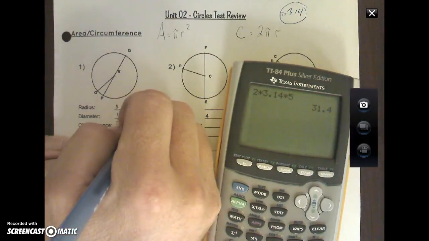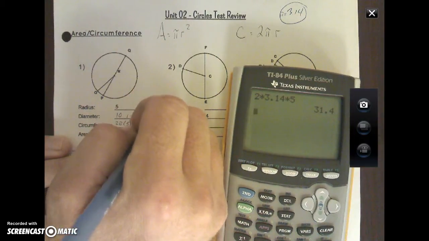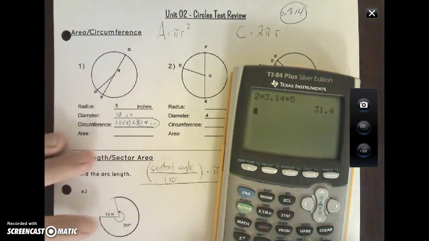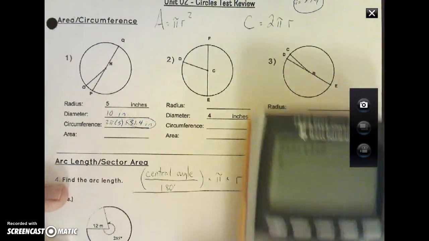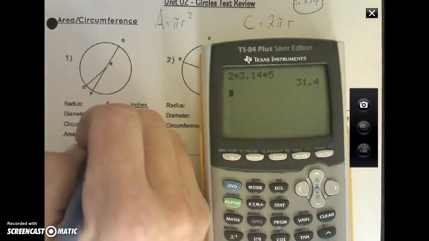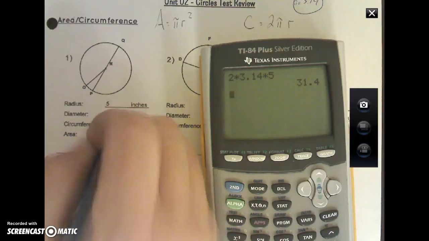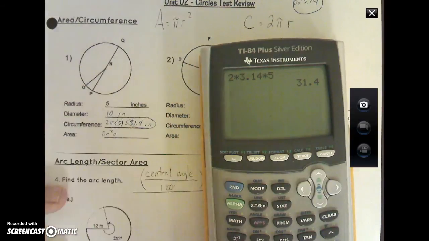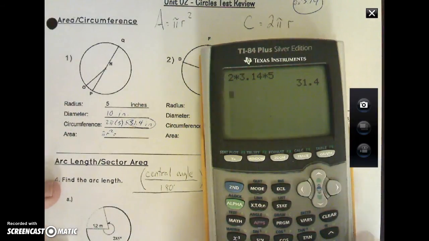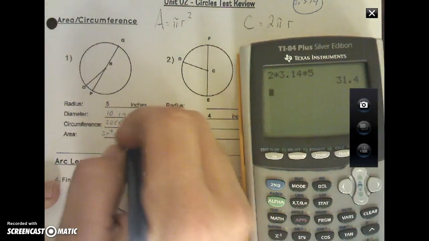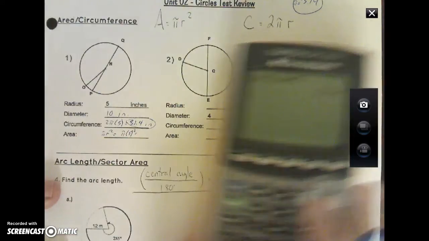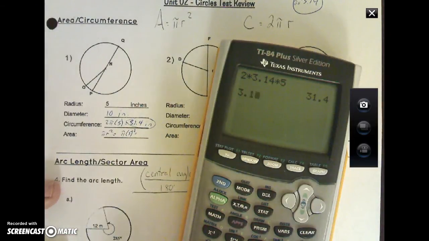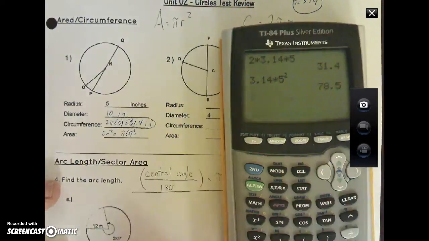31.4. And then we're talking about inches here. Okay? 31.4 inches. Let me see if I can zoom in just a little bit. Maybe that'll help you guys. Okay, now for area, it's pi r squared. Alright. My radius again is 5, so it's pi times 5 squared. So it's 3.14 times 5 squared. 78.5